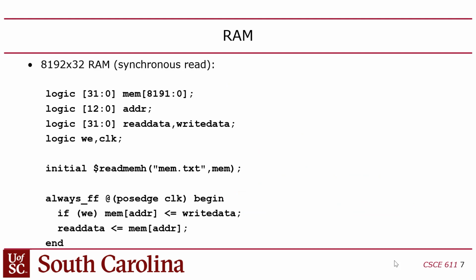Okay, so if I wanted to have a synchronous read, all I would have to do is move the read logic inside of this always. That way, the read data is now only going to update on the rising edge of the clock, right? So this way I can do one read per cycle. I could do one write per cycle, but only to the same address. Make sense? Okay.